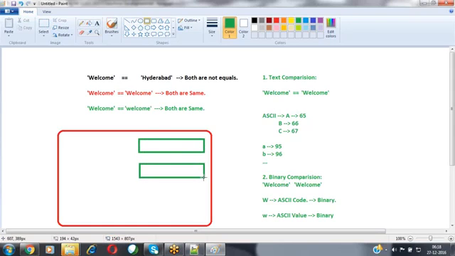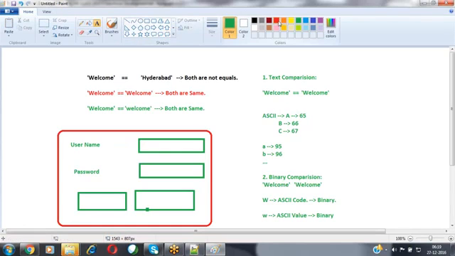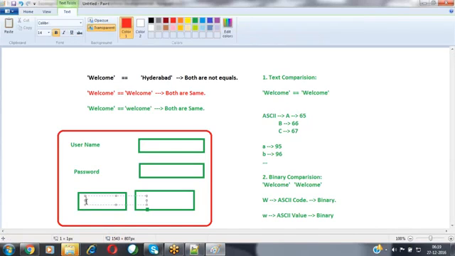After that, the user can click on the login button, and they can also click on a cancel button to cancel the operation. Observe what will happen here. This is the username text box and this is the password text box, and then I have the two buttons: one is the login button and the second one is the cancel button.